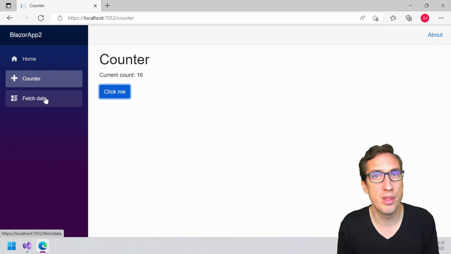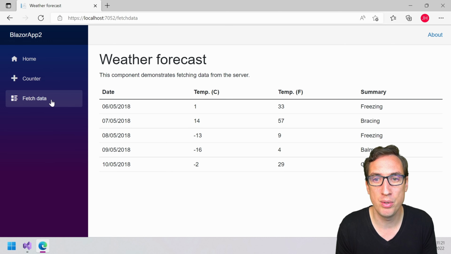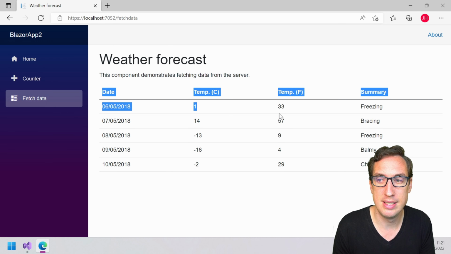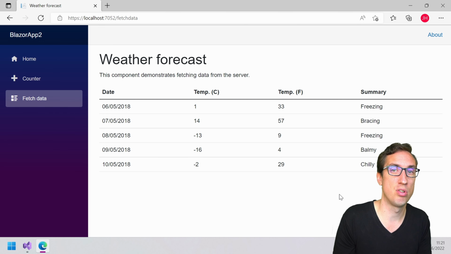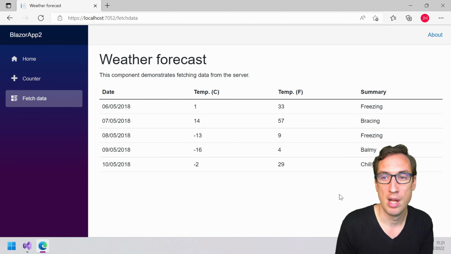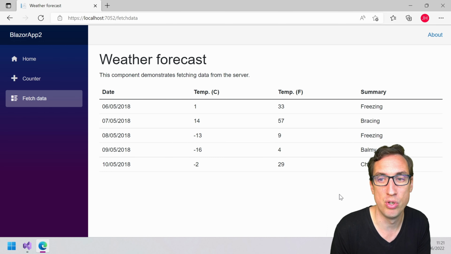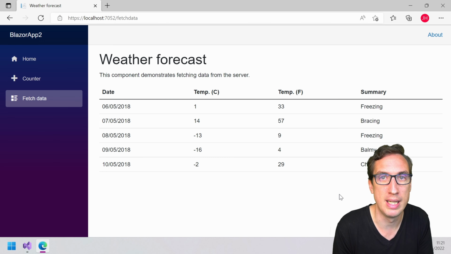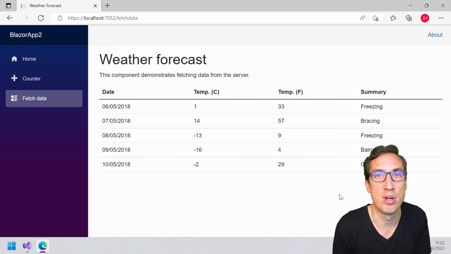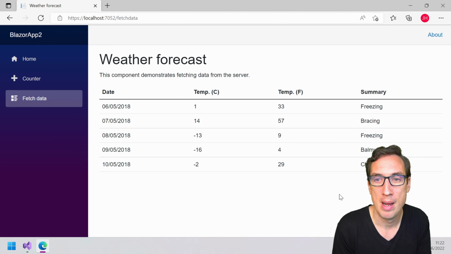There's of course still one thing that you need to think about. That's the fetch data. This data itself is coming from some external service, some external weather service, for example. So it's very important that you know that you can't do something like this client-side, because your data cannot be generated randomly on the client. It needs to come from somewhere on the internet, of course, some external service. But it's still